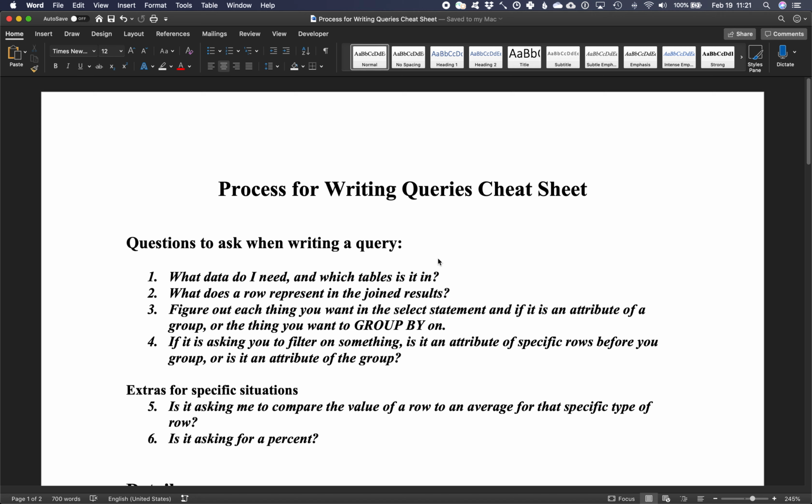You can do it in any order you want. I've already done products, so I'm just going to start there. That just, in my mind, seems to make the most sense. And if you go back into this document, when I'm explaining what I mean by this, what data do I need and which tables is it in,